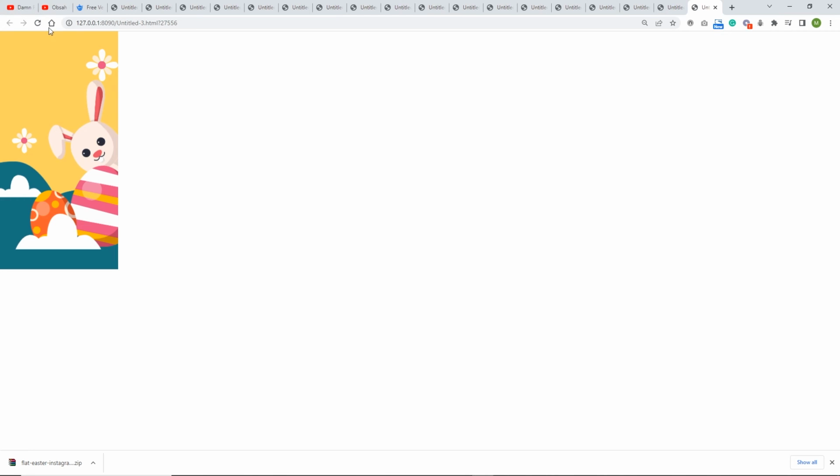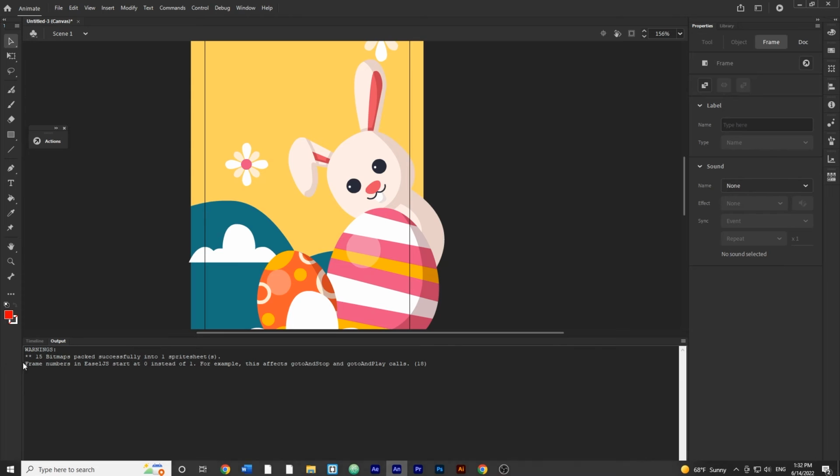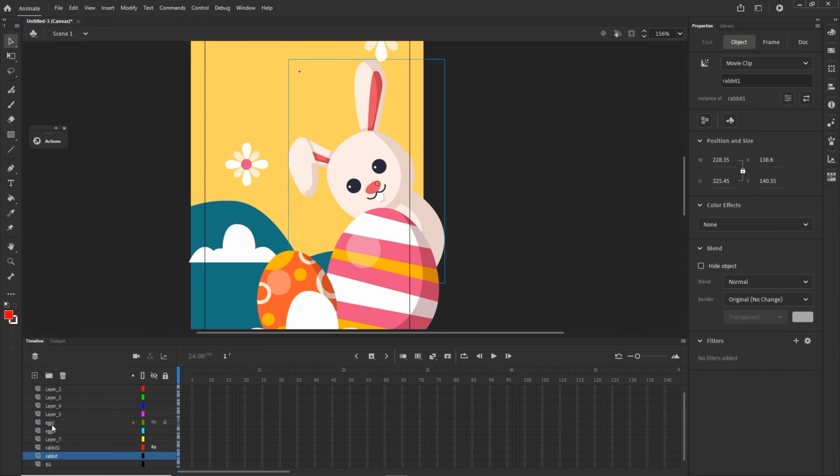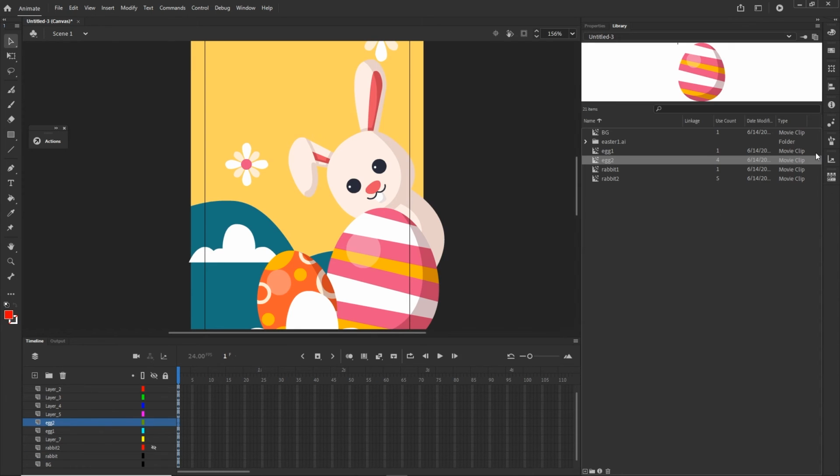So right now what I need to do is at the beginning I need to hide the egg. So I'm going to go in here, and I'm going to be on the egg layer. I will create a new layer. I can call this egg2 or egg replace, and I will go to the library, and I have egg1 and egg2, and I don't want to put this one in here, because this movie clip has all of the animation,